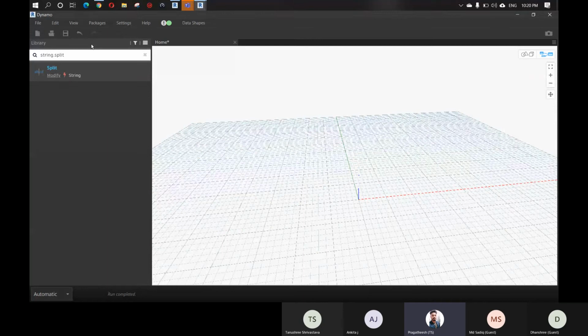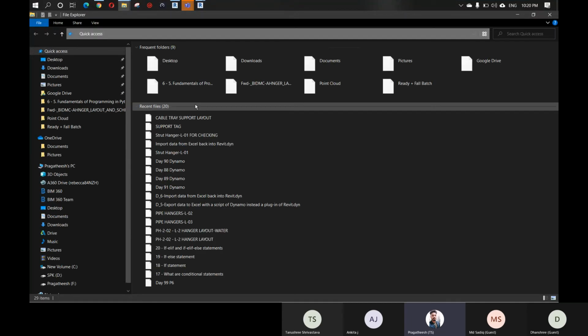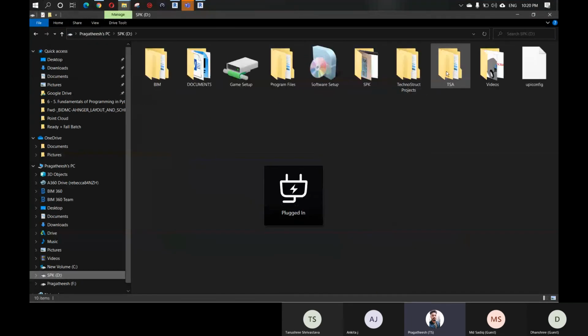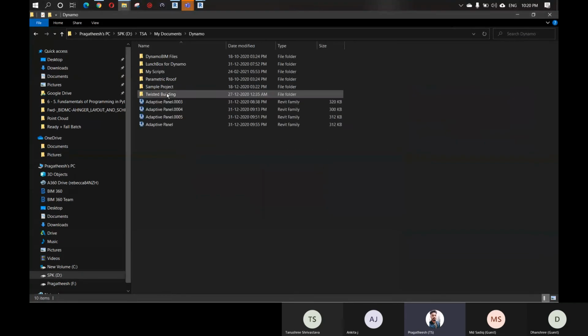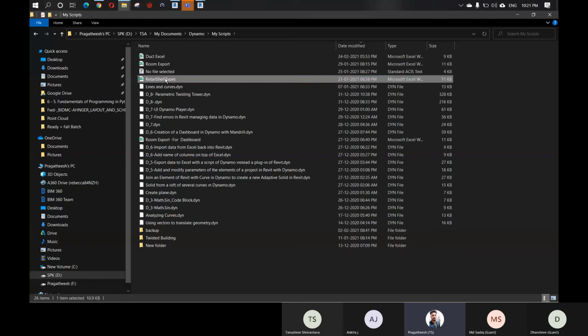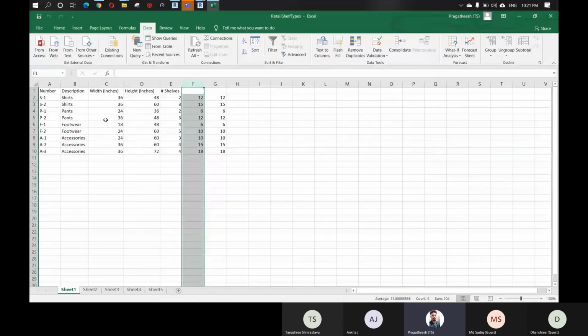Before we do that, let's take a look at the spreadsheet that we are going to import. Okay, so this is the Excel sheet that we are going to import.